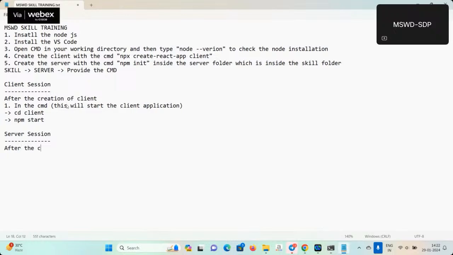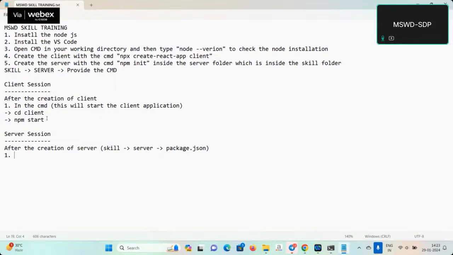After the creation of server, that means first skill folder, then server folder, then package.json file should be visible. Okay. After the creation of server, what you have to do? So I will say that after the creation of server,